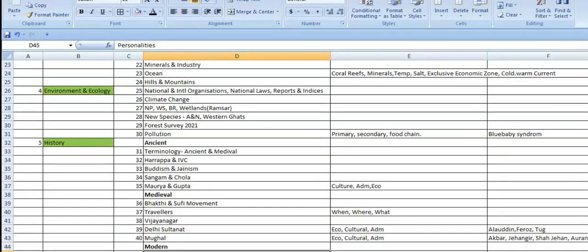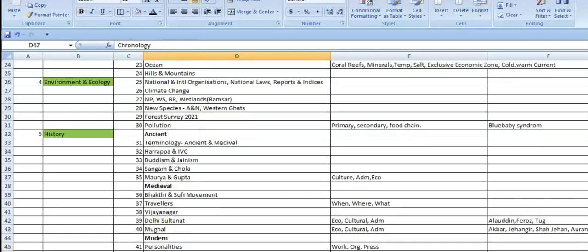When it comes to modern India, you have to keep an account of chronology, as I told you, before the Crown's rule and after it. The East India Company came first, and then the Crown. In 1858, the Crown's regime took place, and before 1858 it was the East India Company. You have to maintain a chronology of before and after, and that is very important.